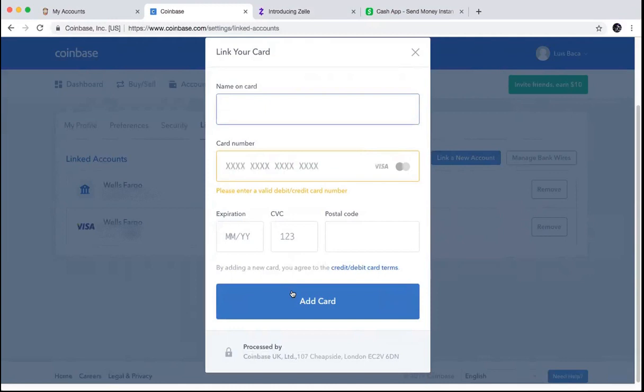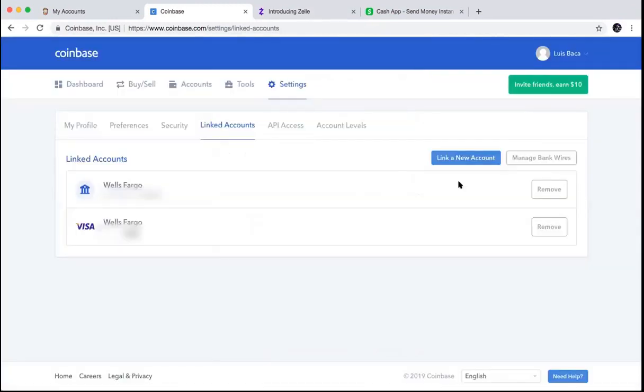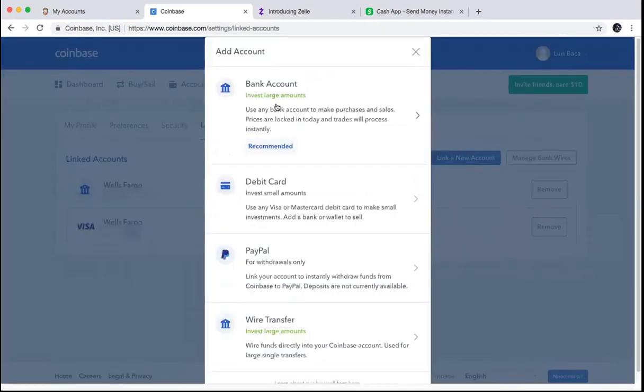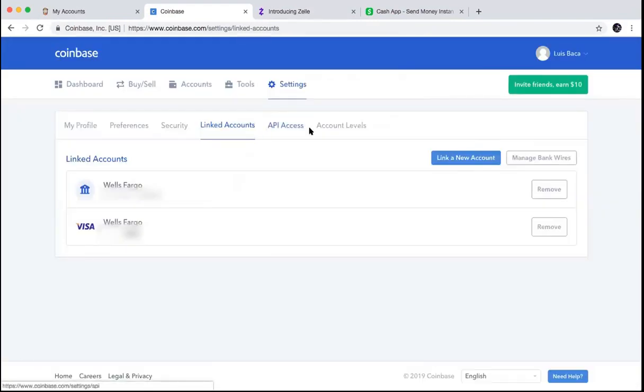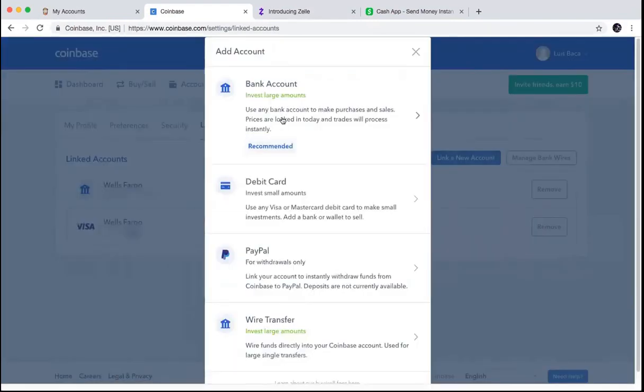You plug in the numbers and you're automatically verified with that. From there, you're gonna click link a new account, and it's gonna be your bank account. And this is so it's easier to withdraw the money directly to your bank account, right? So you're gonna click on bank account,